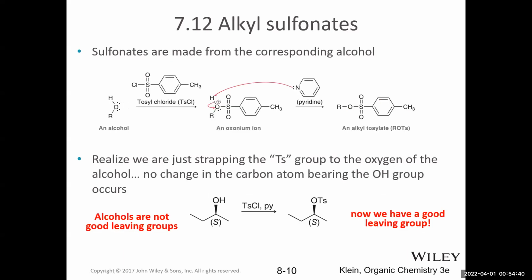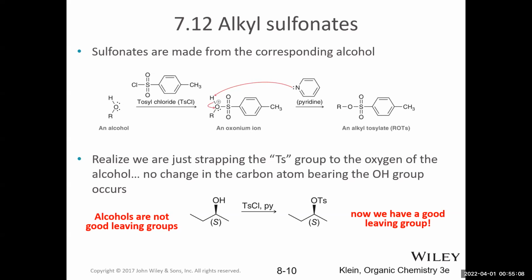So how are these mesylates, tosylates, and triflates actually made? They're made starting from an alcohol. So what we'll learn is that an alcohol is actually a poor leaving group. It is not a strong leaving group because think about if I kicked off hydroxide, ask yourself, is hydroxide a strong or a weak base?